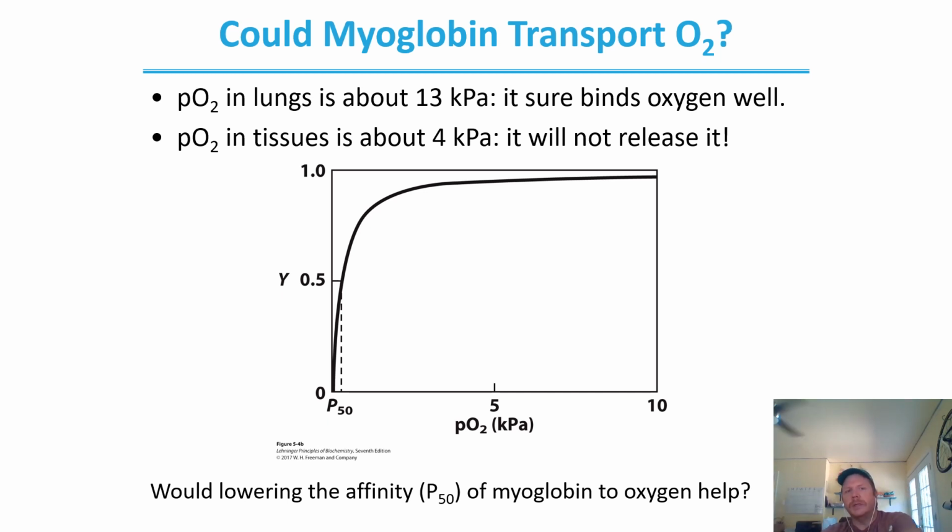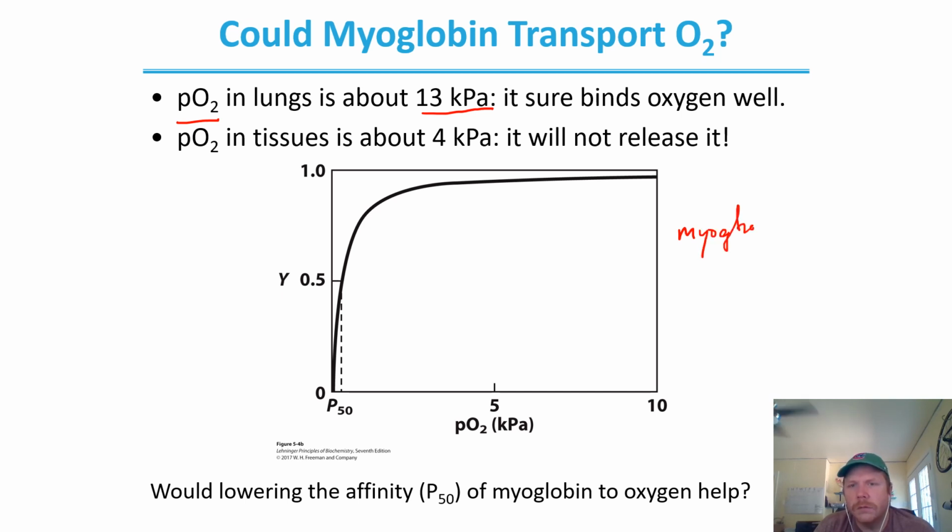Could myoglobin, that monomeric protein, could that ultimately transport oxygen? Well, the partial pressure of oxygen, the P sub O2, that's effectively the concentration of oxygen in the lungs, is approximately 13 kilopascals. Now the units, they're relevant, but they don't particularly matter for the explanation of this example. Now what that means is that if we look at a myoglobin binding curve,